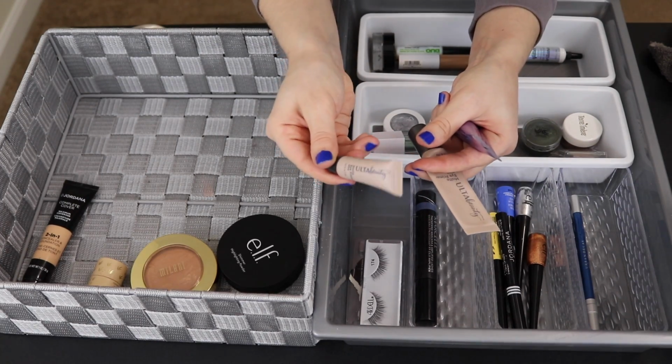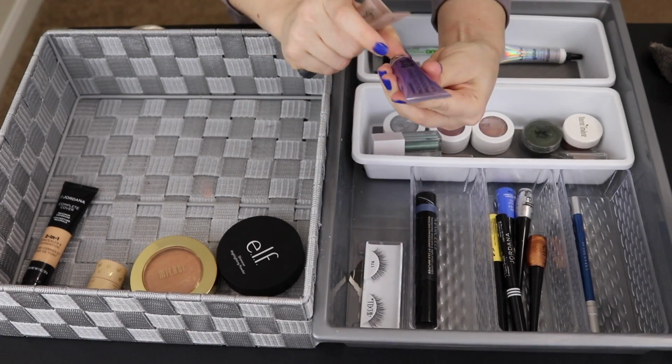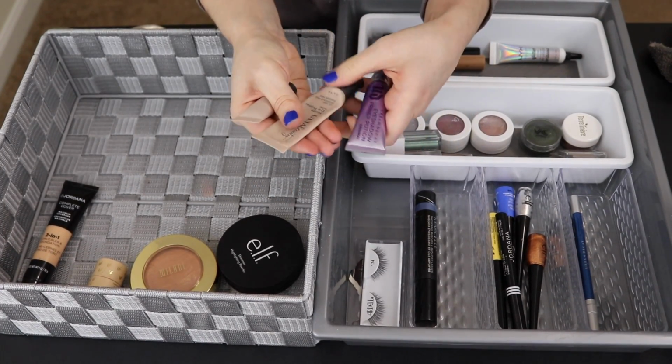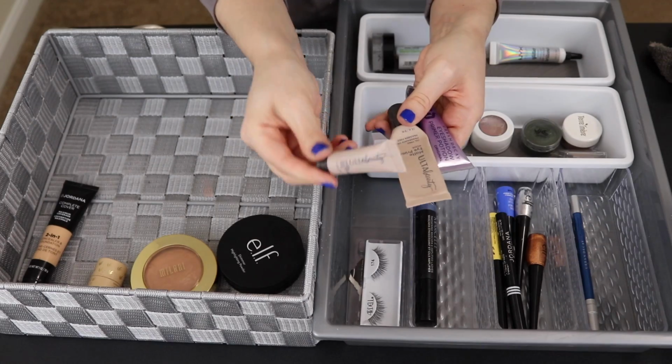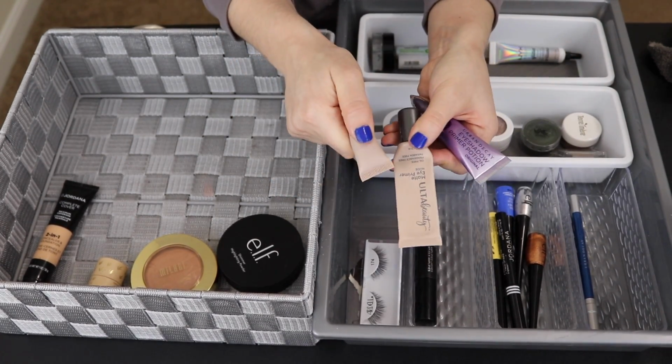Then I have a mini of that one that I think I've maybe used a couple times for travel. And then I have a brand new Urban Decay primer potion. So I think I'm going to let go of this mini of the Ulta matte eye primer just because I honestly don't love this eyeshadow primer. It works